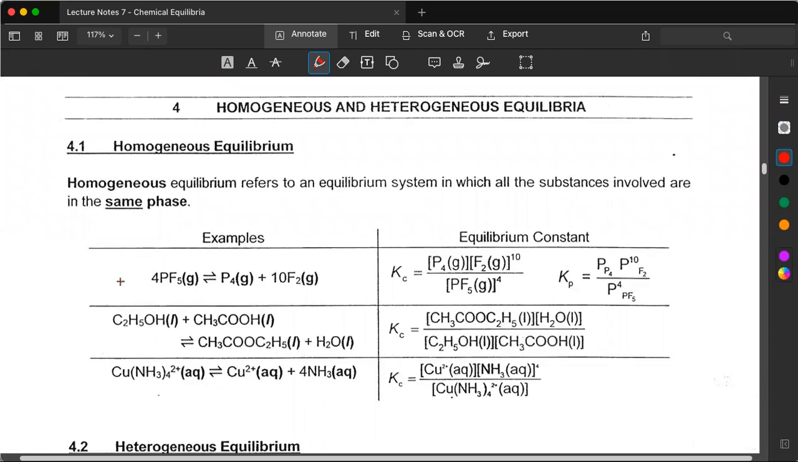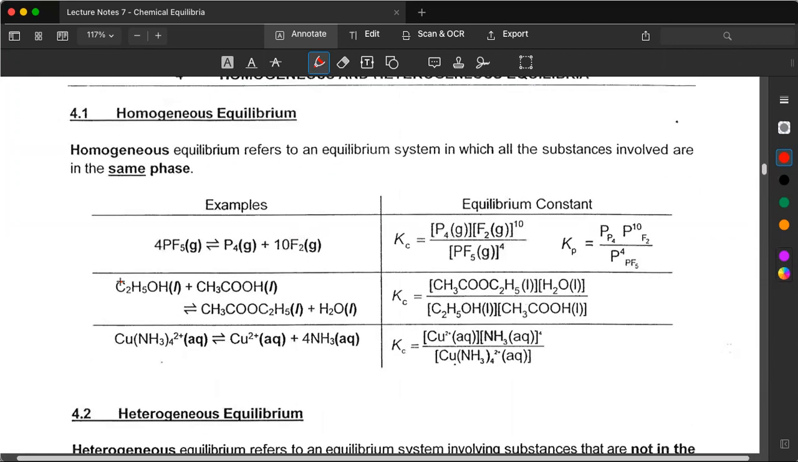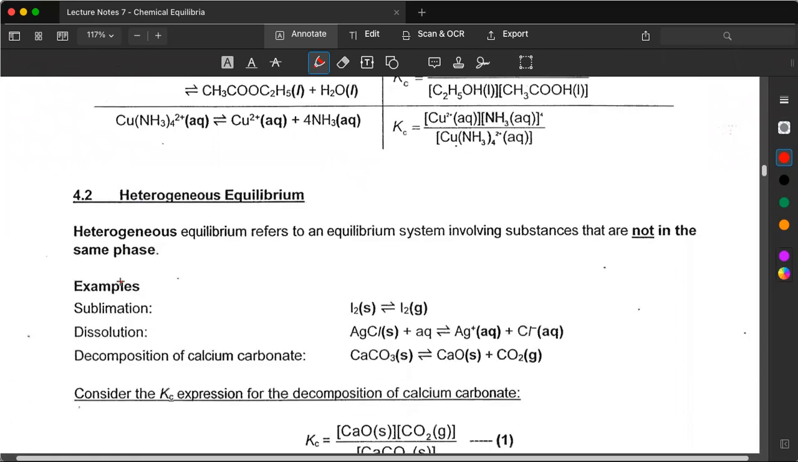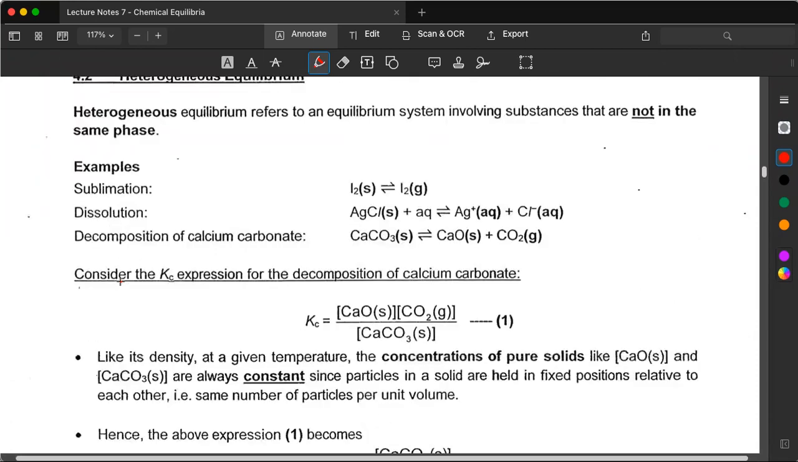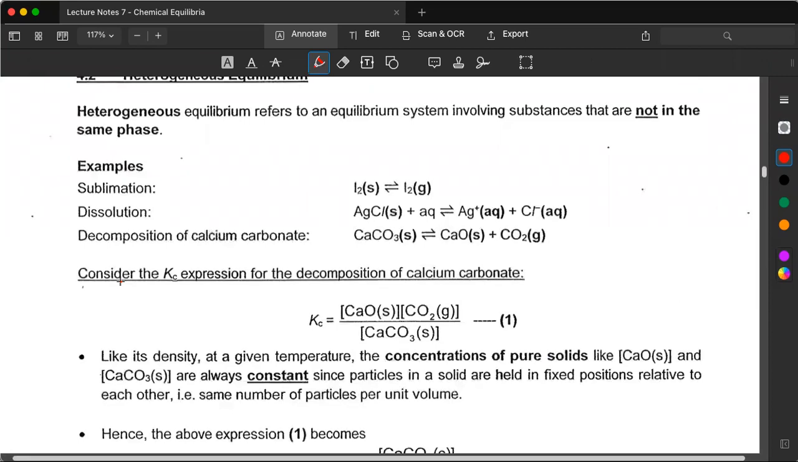Homogeneous equilibrium refers to a system where the substances are in the same phase. Okay, it's just an example for you to refer to. Heterogeneous equilibrium refers to a system where the substances are not in the same phase. So let's consider the Kc expression for the decomposition of calcium carbonate. Okay, so in this case,